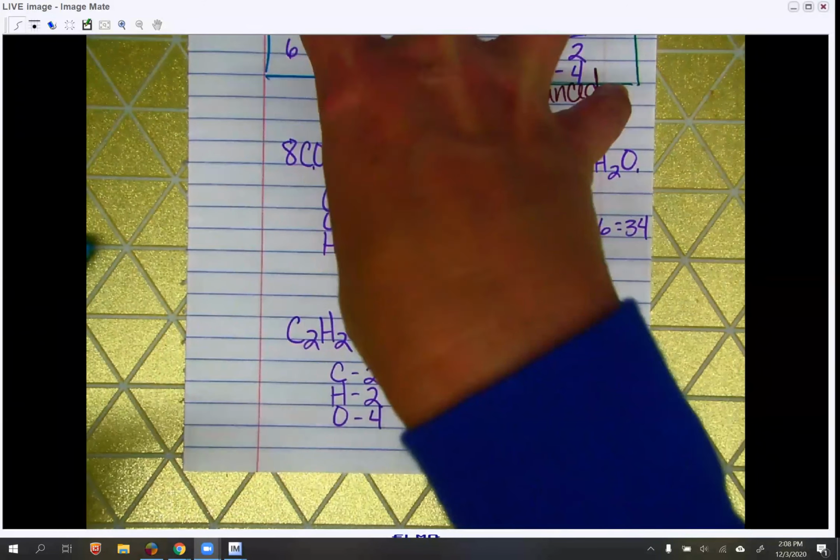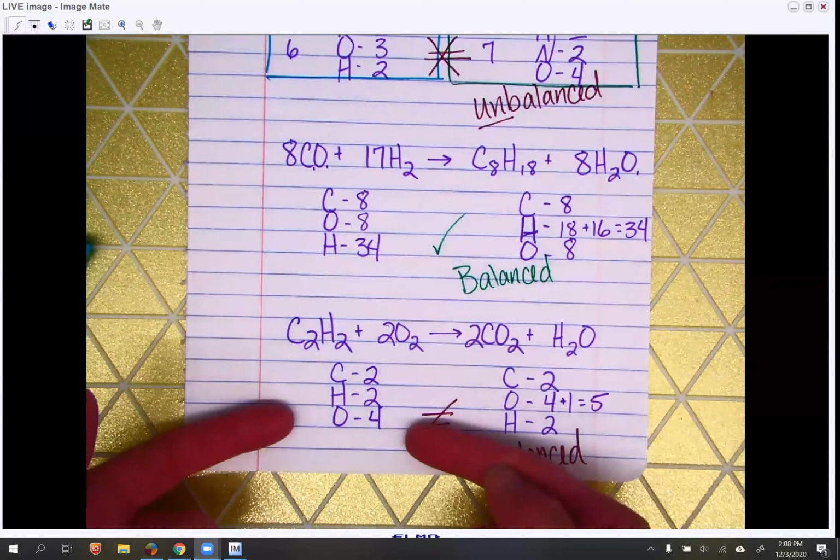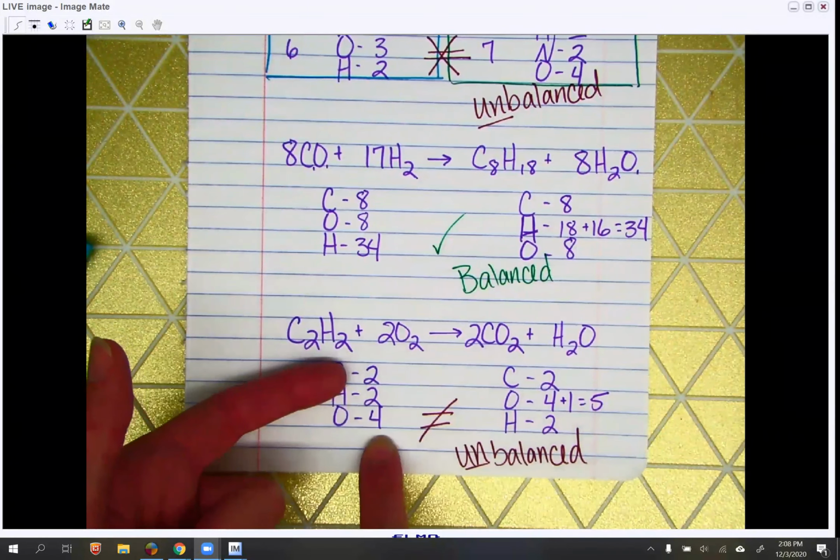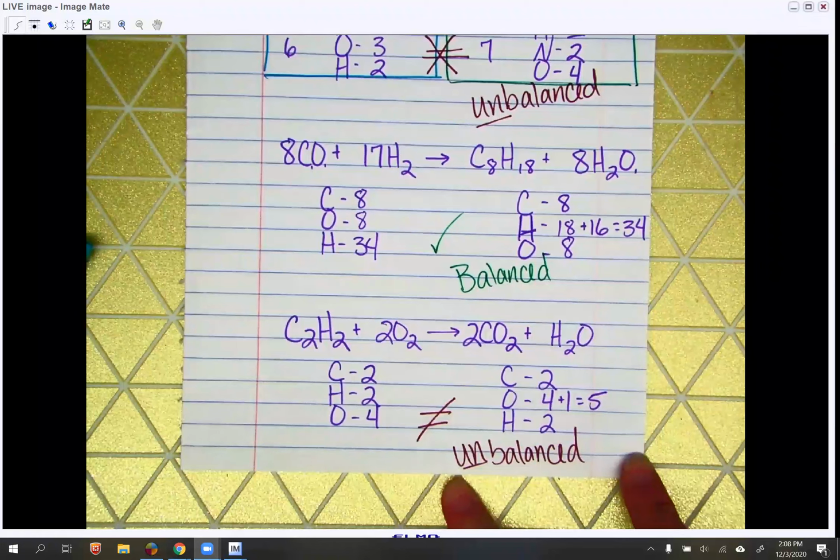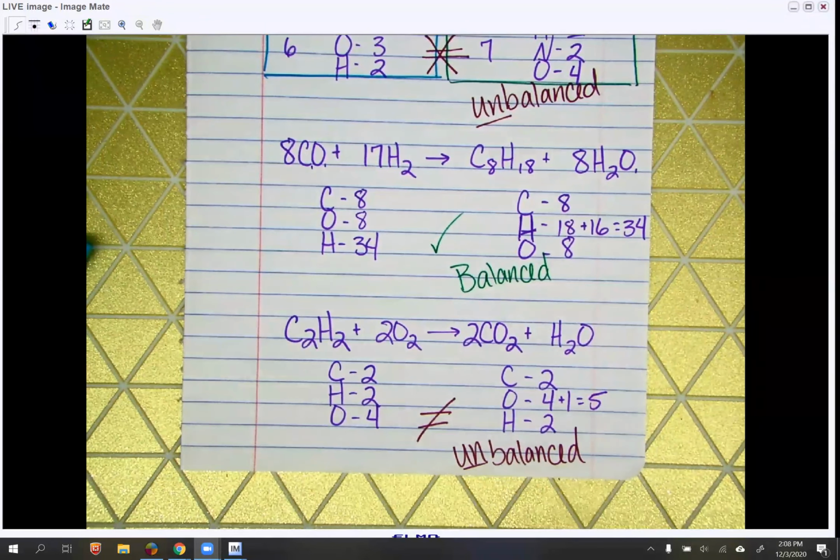So these steps where you identify the elements, you count the number of each kind that you have, and then determine if they are balanced or unbalanced, is what you're going to be doing in today's